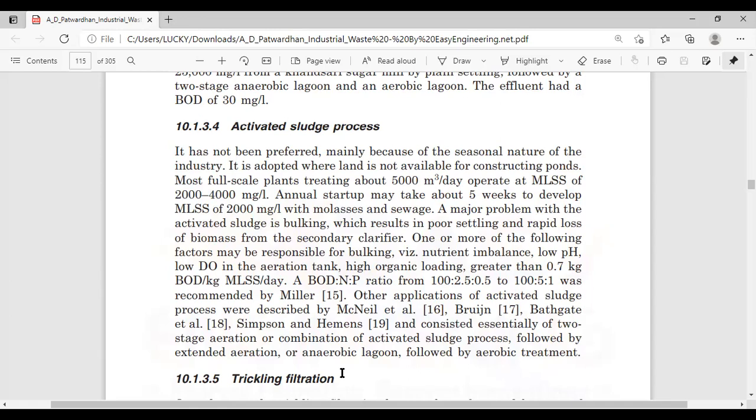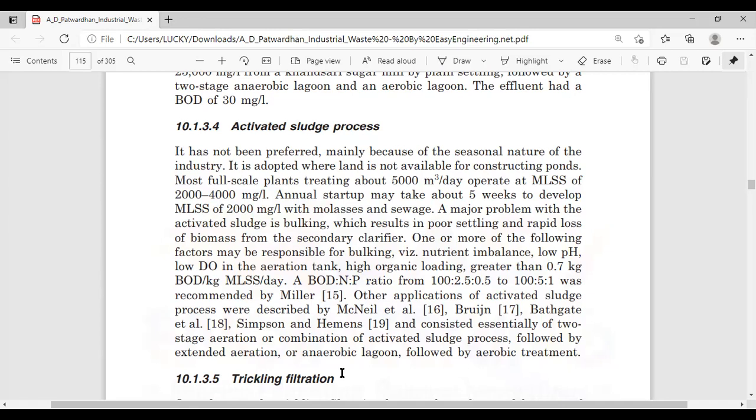A major problem with the activated sludge is bulking, which results in poor settling and rapid losses of biomass from the secondary clarifier. One or more of the following factors may be responsible for bulking: nutrient imbalance, low pH, low DO, dissolved oxygen in the aeration tank,